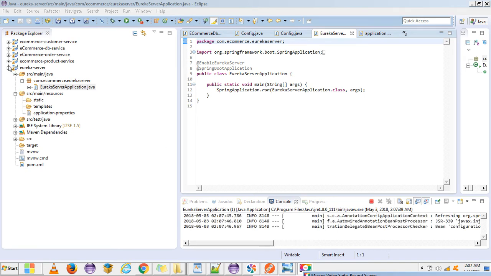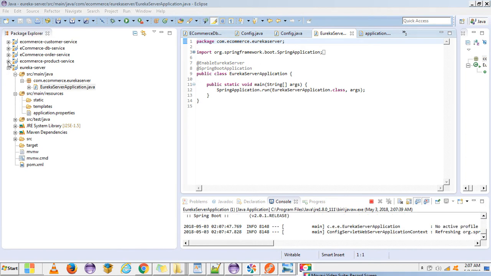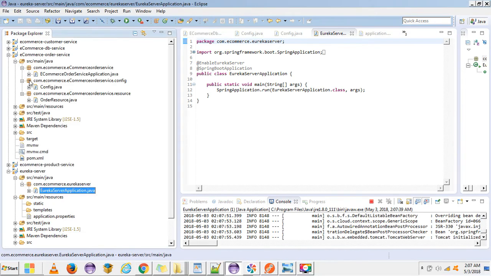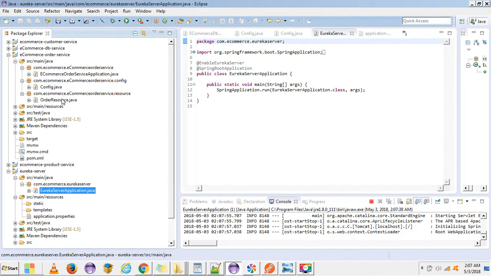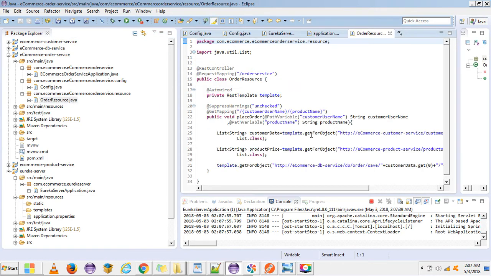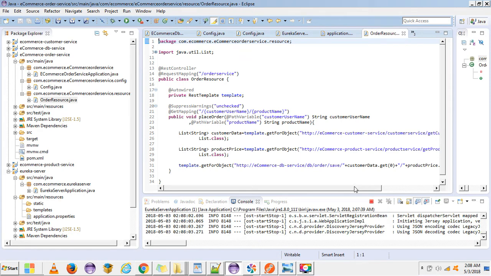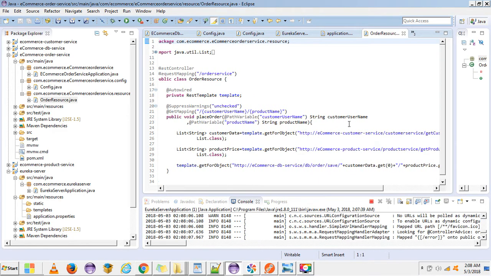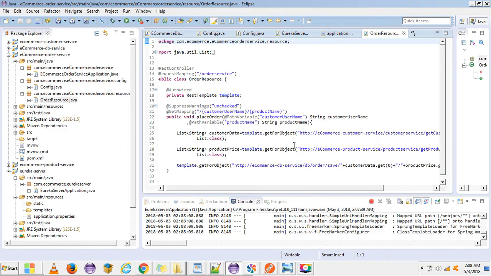Meanwhile it is starting, we can check the URLs that we are going to test. If you check our order service, we are calling the customer service. We are passing the customer username and the product name, and then we are saving the